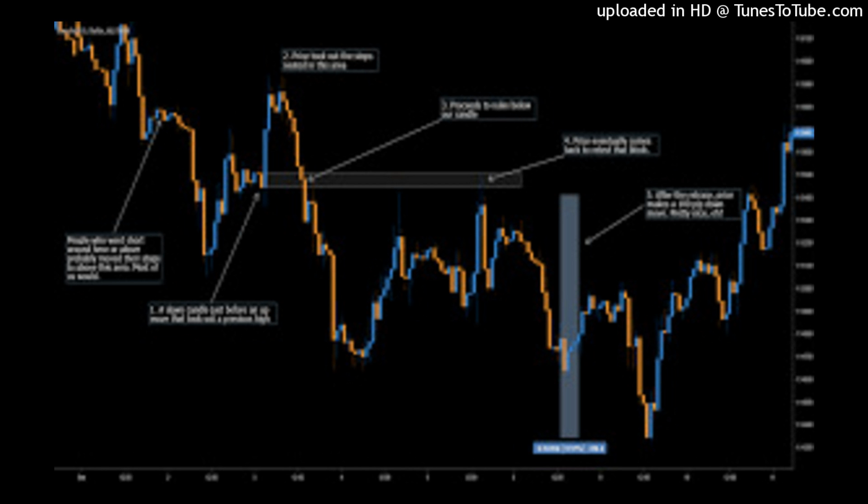Remember, when we were looking at the equilibrium to discount, every time we were buying, we were taking profits above an old high. Okay, so when you see that, all we're seeing is the reverse of that in the equilibrium versus premium market. So we're always looking to sell at a premium. Premium is defined by it having to be above the equilibrium price point, or 50% level of the Fibonacci, anchored on a